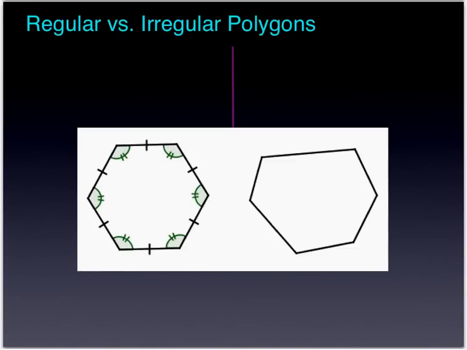Okay, the next important word that we need to remember is regular. When we talk about polygons, we talk about regular versus irregular polygons. For the most part, we're going to look at a lot of different regular polygons. So a regular polygon